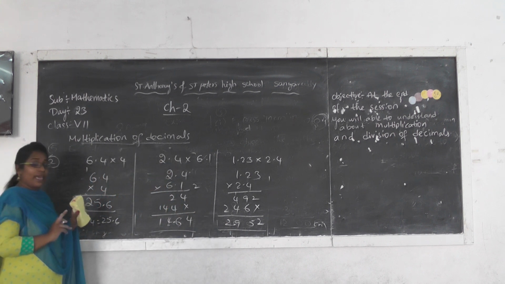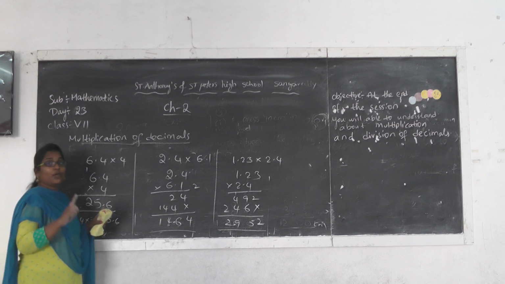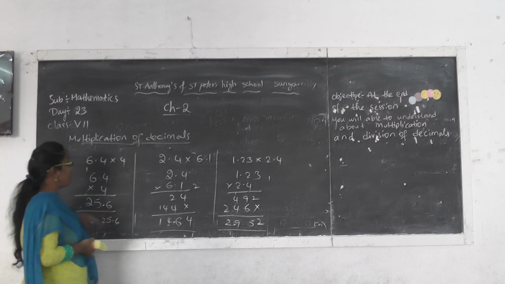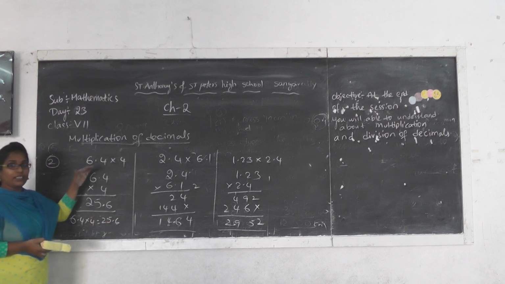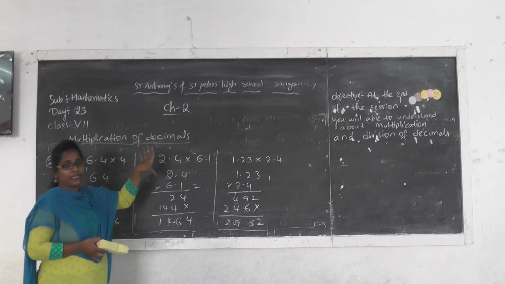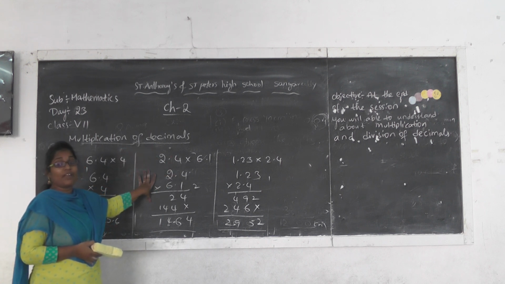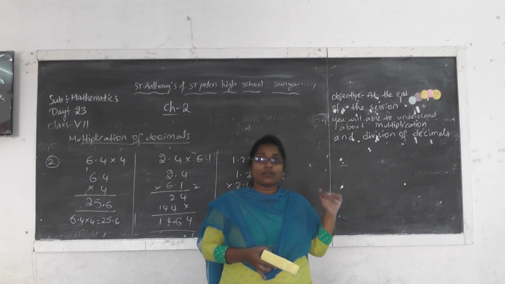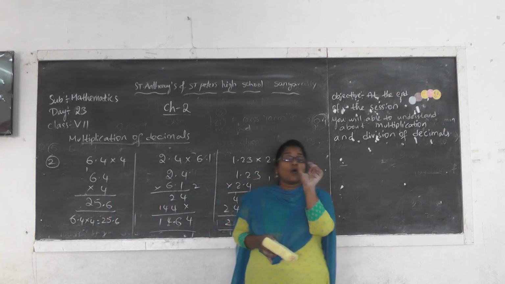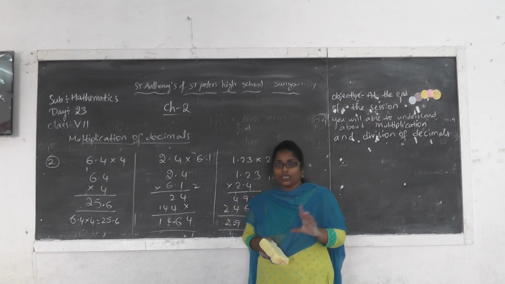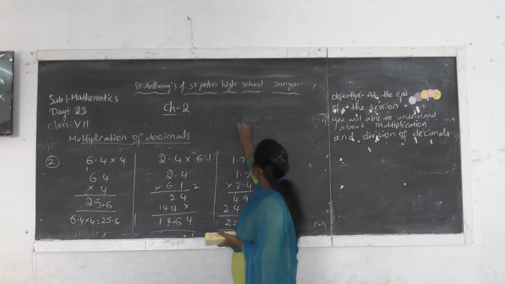So I was explaining the example problems in the same way. You have to do the exercise 6 problems. Similar problems are given. How to multiply with 10, 100, 1000 and how to multiply a decimal number with a decimal number. I repeat once again, whenever we are multiplying a decimal number with 10, 100, 1000, what we have to do? We have to move, as many zeros as there are, that many steps forward. Are you clear? I am giving one more example to you.